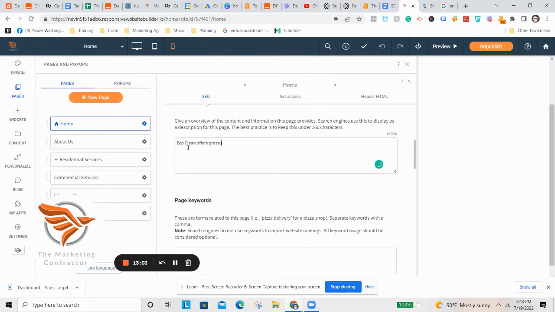Try to use keywords in your description right here, but don't just stuff it. A lot of people will make the mistake of stuffing this and just typing sentences that don't make sense because they want to rank in search. Do not do that. That does not work anymore. That's a very bad strategy for the search user. So you want to just type in a paragraph that represents what the page is about while also using keywords strategically. So we could say something like Eco Clean offers pressure washing services,